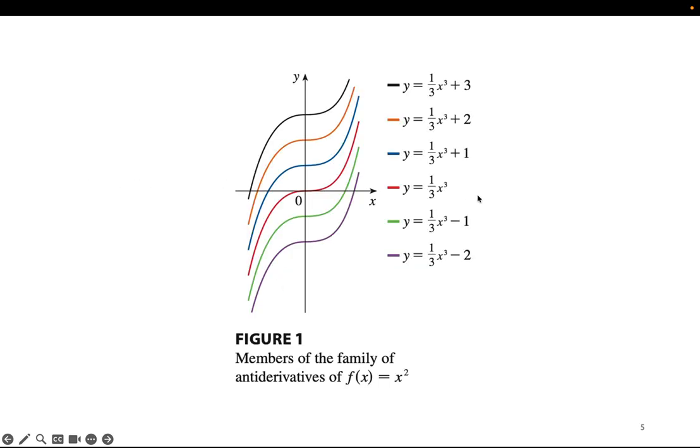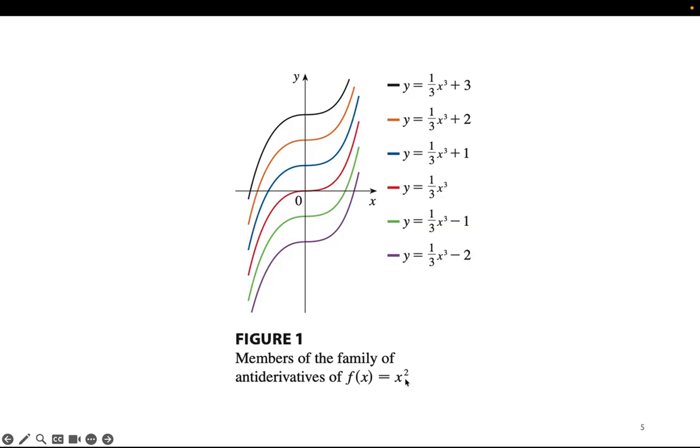So this is a good example. Here, little f is x squared. And notice that this is a whole family of big F. In other words, these are all the different antiderivatives of little f. For example, look at this one right here. If I differentiate this, the power rule, bring down the 3, subtract 1, I get little f, which is x